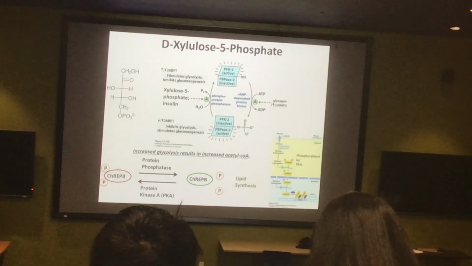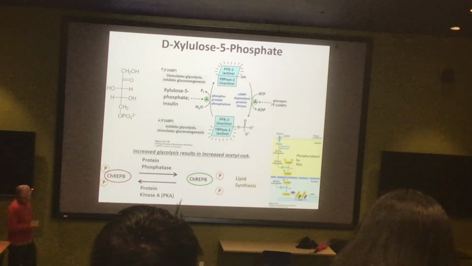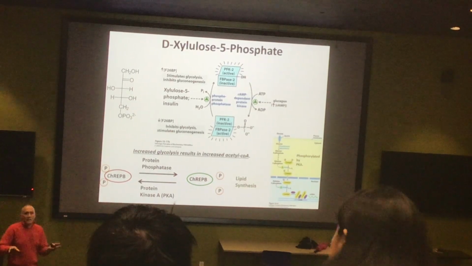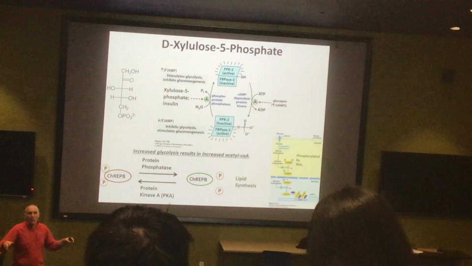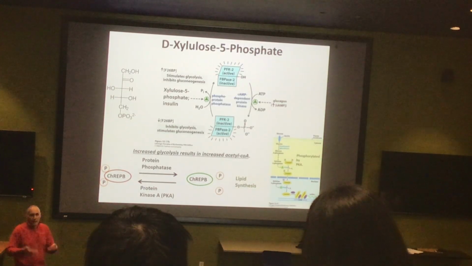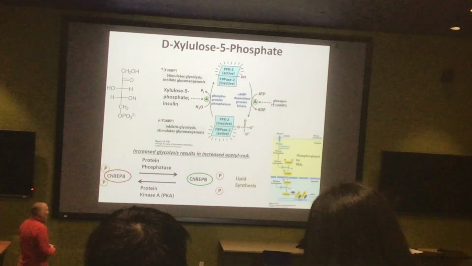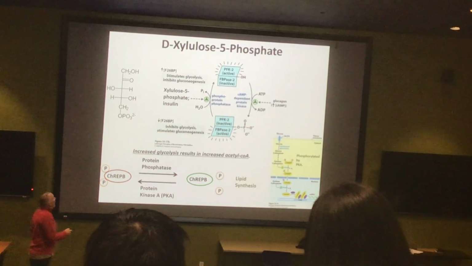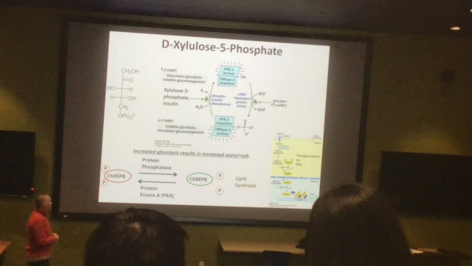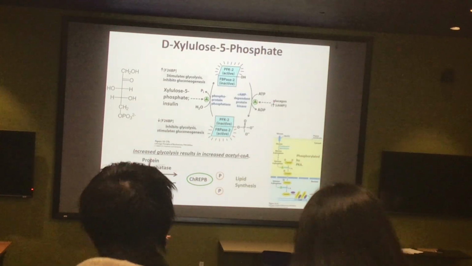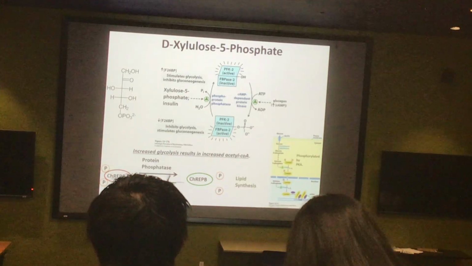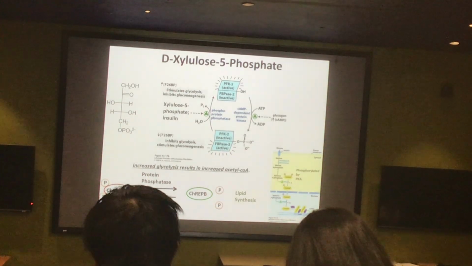A couple of things in terms of the regulation that now, once again, might start to make a little bit of sense. These genes are, of course, not only regulated allosterically, but also if you are in a very energy-rich state, in energy-rich tissues, the gene expression is upregulated. So coming back to something we talked about before, the ribulose 5-phosphate. Remember, that was something that actually came out of the pentose phosphate pathway. One which, of course, is going to be very active if you are generating lipids. You're going to have a lot of pentose phosphate going.